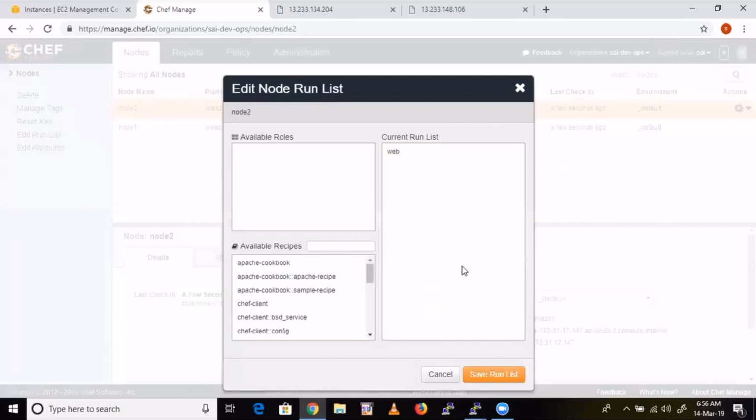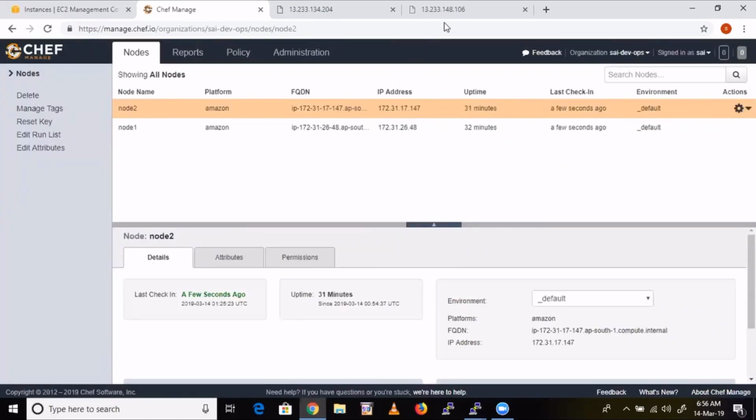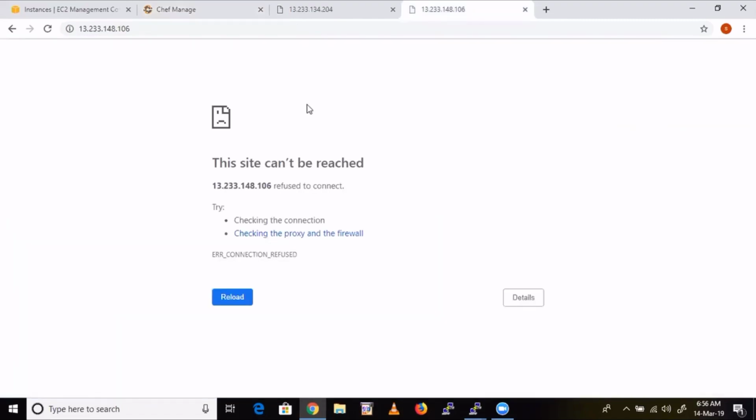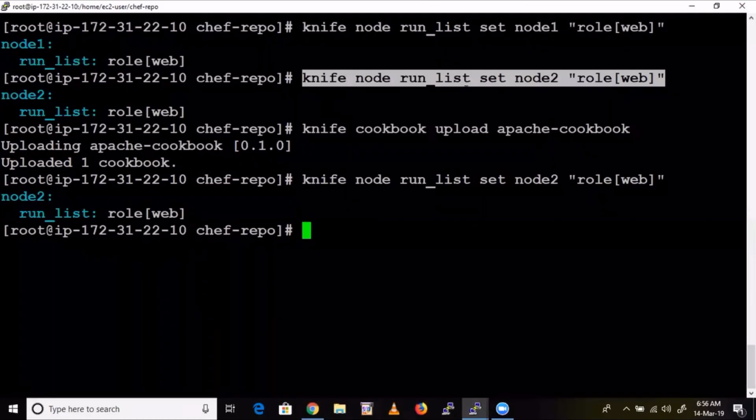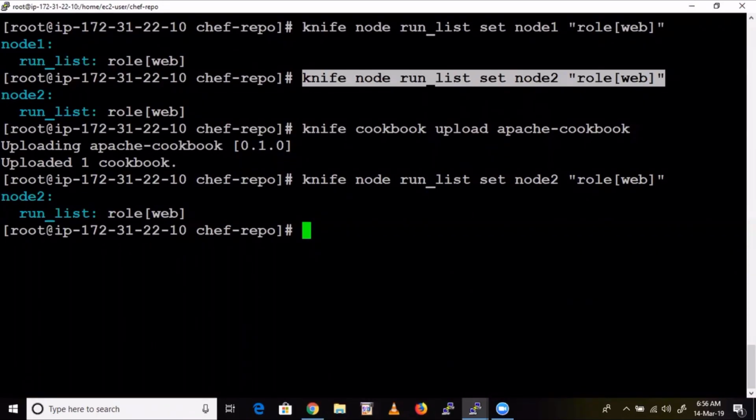Yeah, now we attached. Now it should be fine. We have already uploaded the cookbook as well. Let's wait for 30 seconds. Running this command, knife node run list set, that means attaching this role to node, is only a one-time effort.